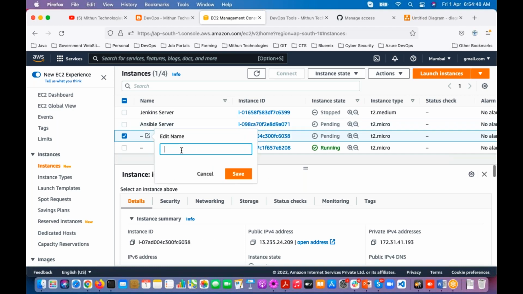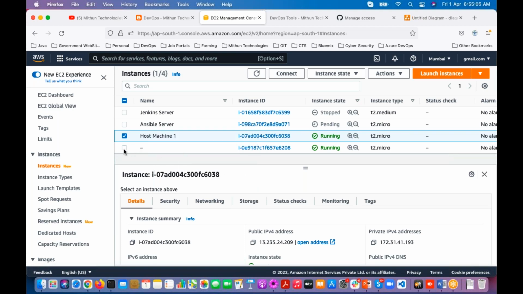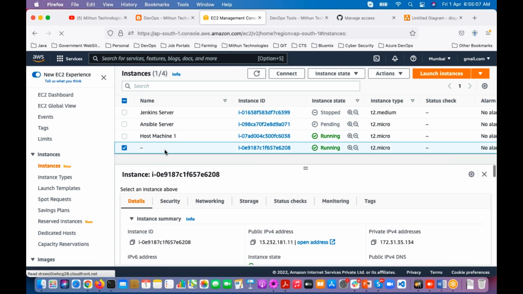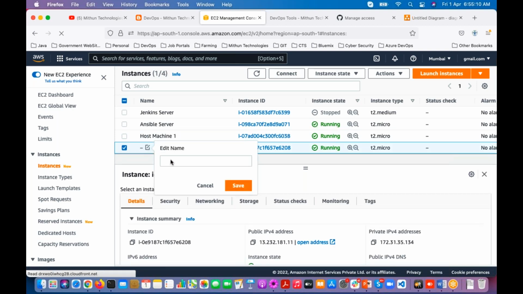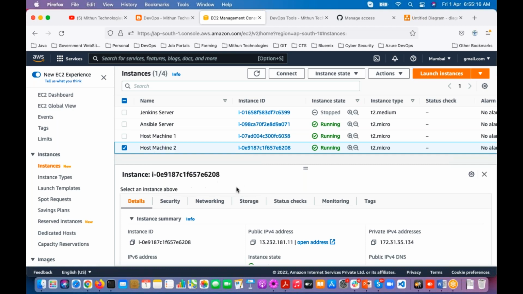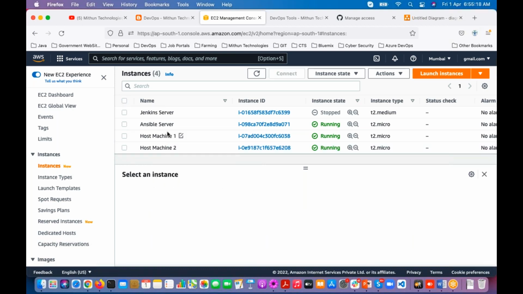For another server, host machine 1, and host machine 2. So these 3 servers I have created.